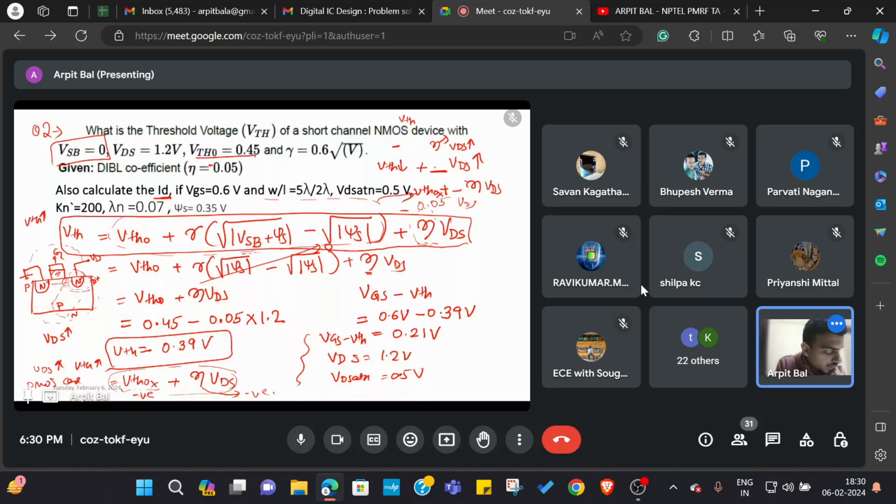So if we see it that way, if PMOS is there and I'm increasing the voltage on the drain side, I will have